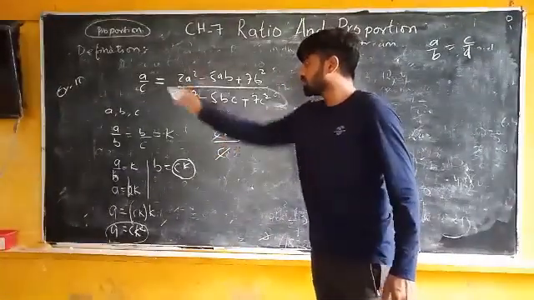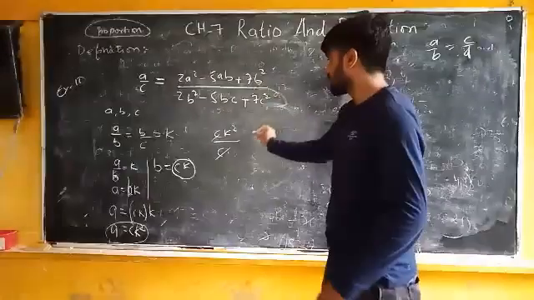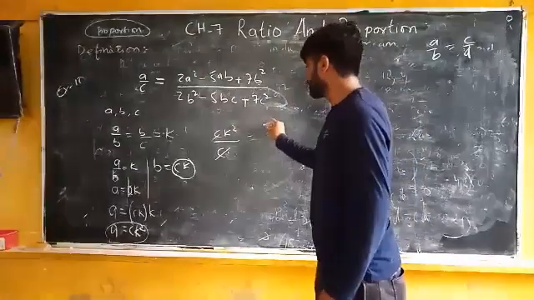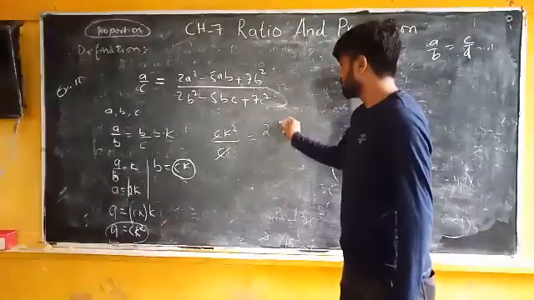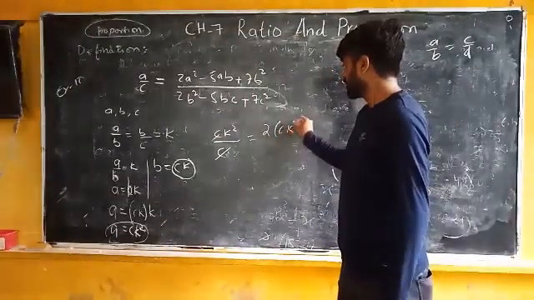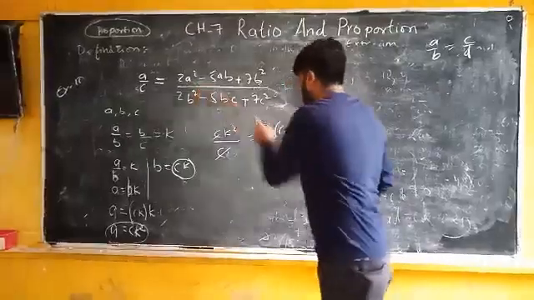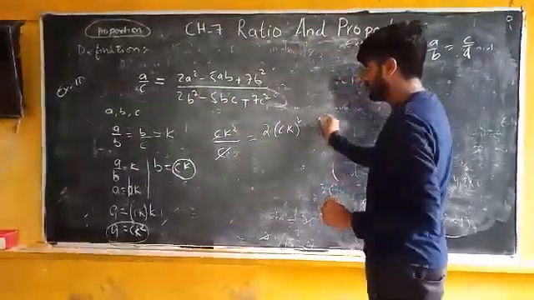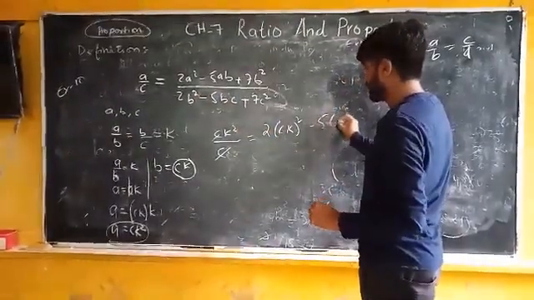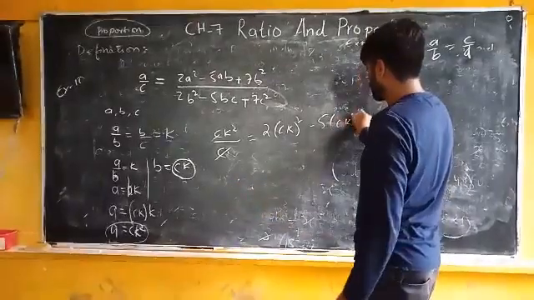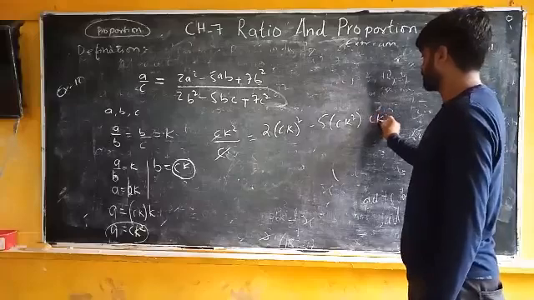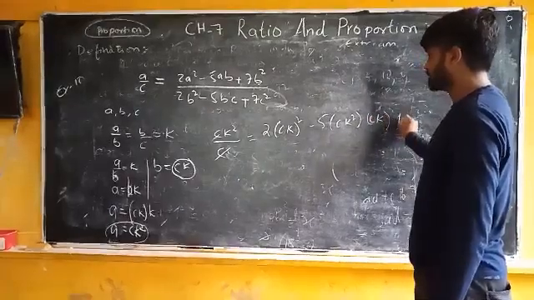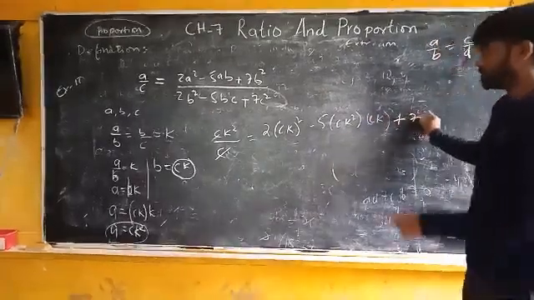K स्क्वायर. उस तरफ पे क्या बच रहा है आपके पास? K स्क्वायर. अब इस तरफ देखते हैं. ठीक है? 2A की जगह क्या डाल रहा हूँ मैं? CK स्क्वायर था तो CK का होल स्क्वायर. तो A है यहाँ पे, A की वैल्यू डाल रहा हूँ. माइनस 5 A की वैल्यू क्या है? CK स्क्वायर और B क्या है? CK मल्टीप्लाई. प्लस 7 B की वैल्यू क्या है? CK.